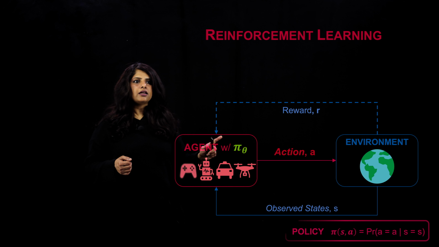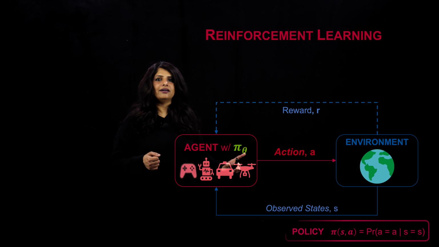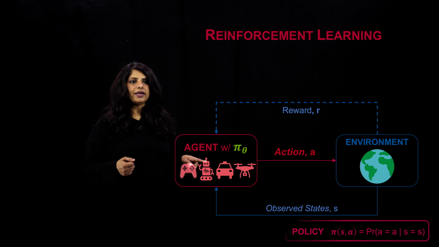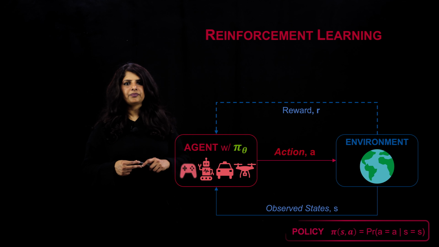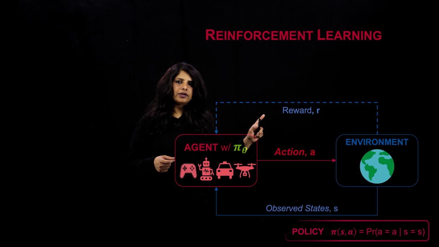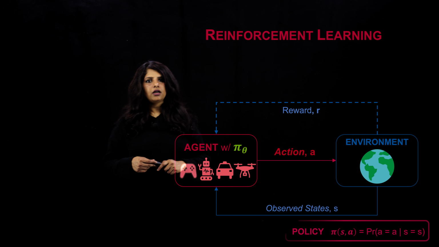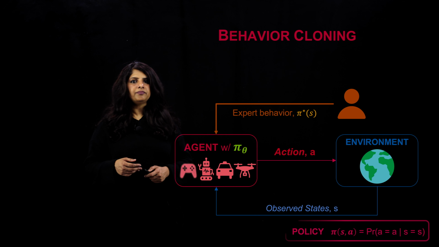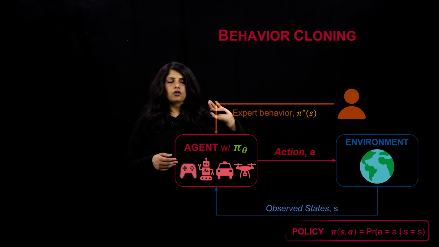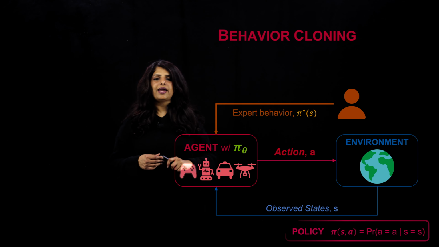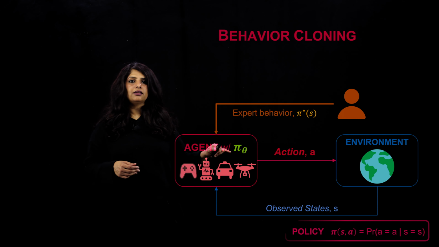This policy pi could be any type of a learning function, and the theta right here is nothing but the learning parameters that are associated with that learning function. We saw a case where if we make use of a neural network, then this theta is nothing but the weights of the neural network. The challenge that comes with solving reinforcement learning problems is this need to specify an explicit reward function. What we are able to do with behavior cloning is kind of deal with, or rather not deal with rewards explicitly at all, but instead just make use of expert behaviors to be able to guide the learning process for our pi.